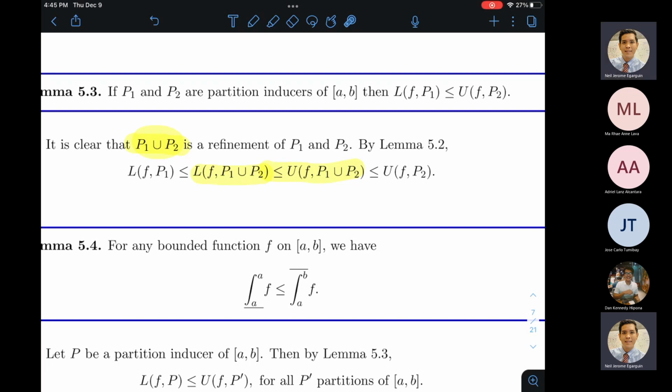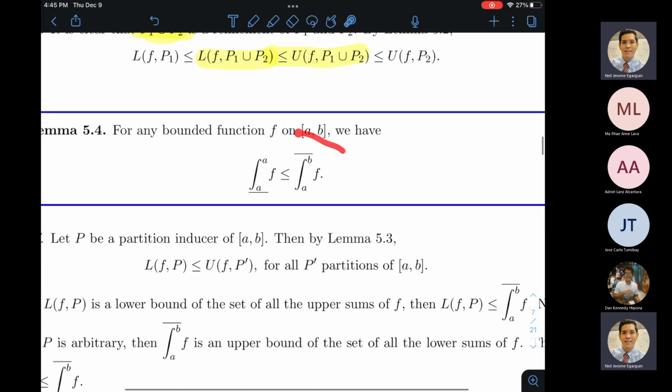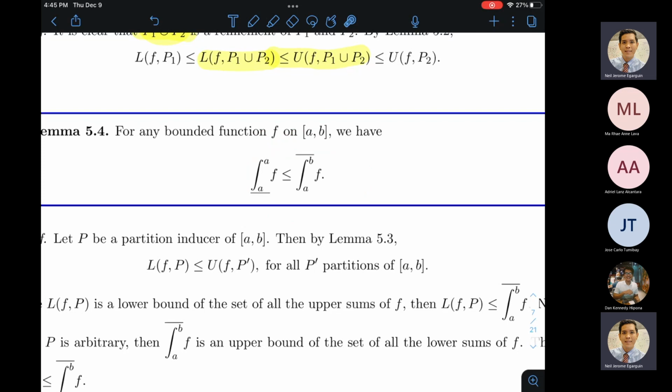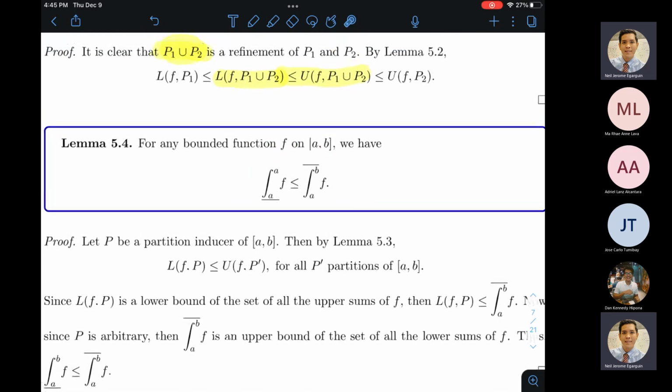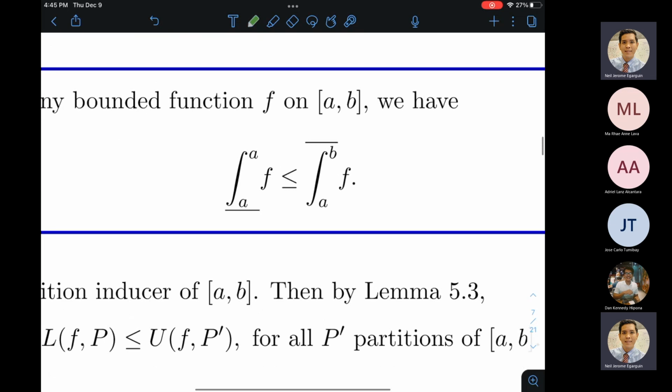Okay, so if there are none, then let's go to lemma 5.4. And I think this is the inequality that we are trying to establish here. Yung lower Riemann sum ay mas maliit, hindi na pala Riemann sum. Yung lower Riemann integral ay less than or equal to sa upper Riemann integral. And there's a glaring typo here. Dapat ito ay integral from A to B. Parehas yung bounds nila. Okay, pakibago na lang.